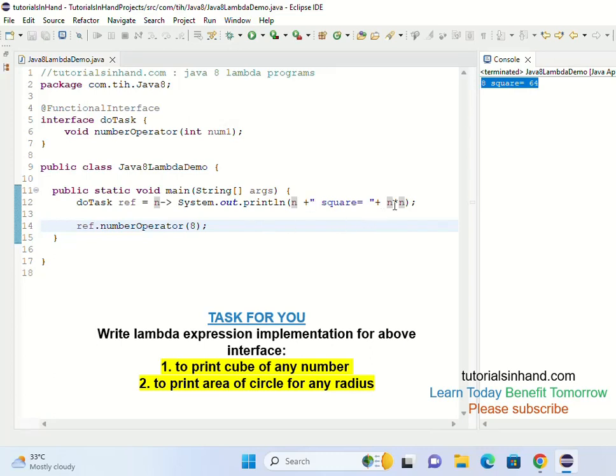So you can now play around and print the cube of a number. You can understand this as a radius, and you can print the area of a circle using the pi r square formula. So you can play around with this one value to get anything that you want logical.